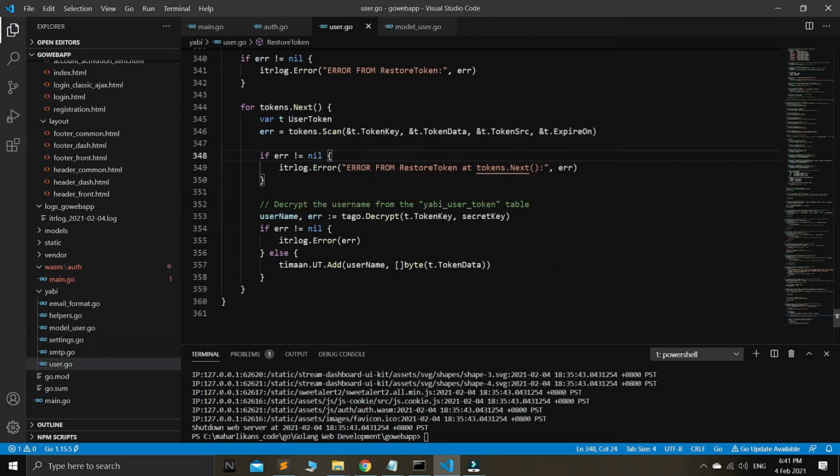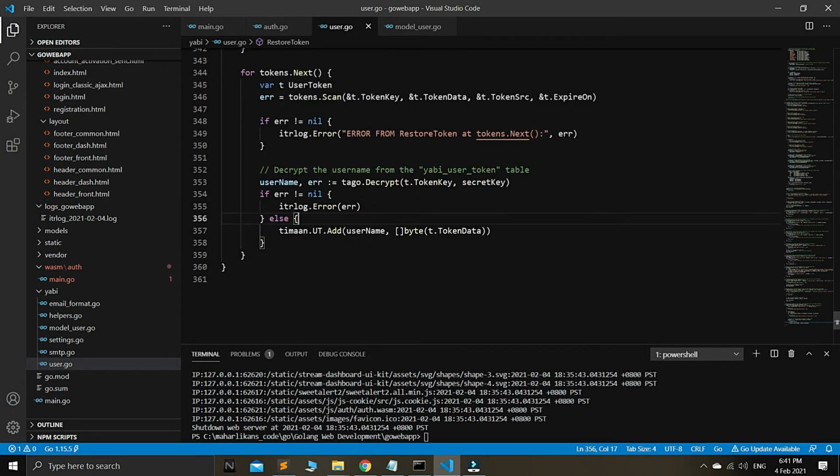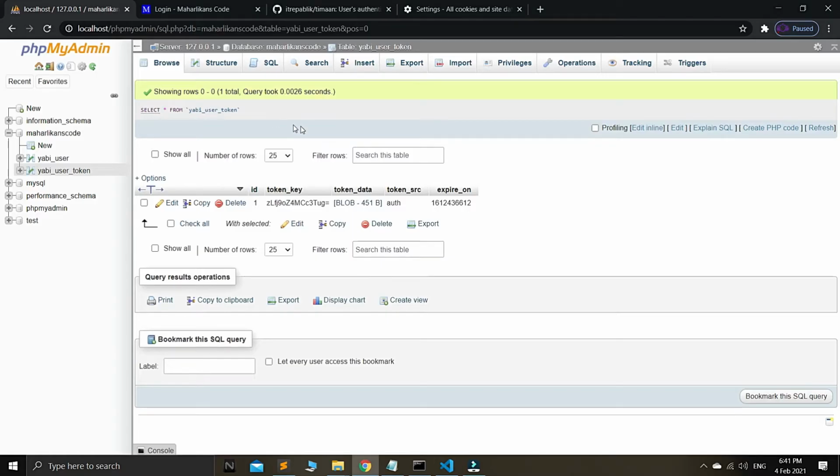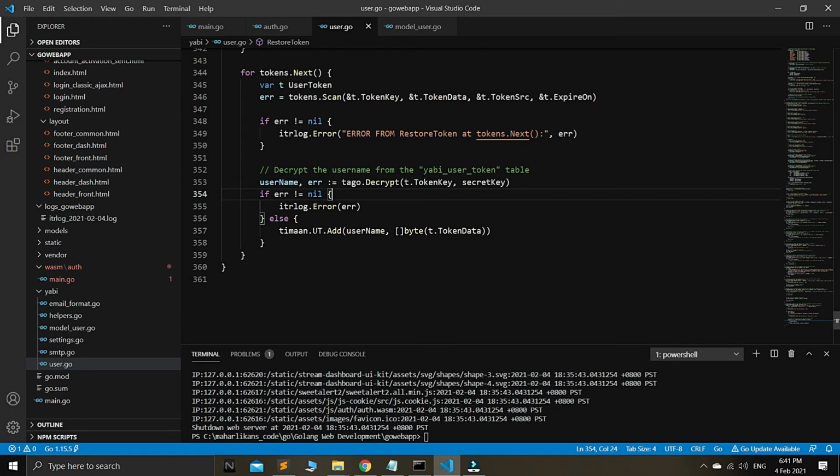So from that MySQL, now we are able to restore it back. Any errors there, as usual, we need to log it, and then we will decrypt those tokens to extract back the plain username. Remember that we stored this token key as an encrypted one. This is the encrypted username, and we want to decrypt it back,